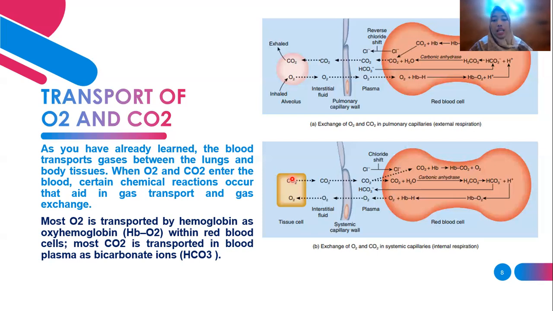And last, in an acidic environment, hemoglobin's affinity for oxygen is lower, and oxygen dissociates more readily from it. This is called the Bohr effect. And in the presence of oxygen, less carbon dioxide binds to hemoglobin. That's called the Haldane effect.